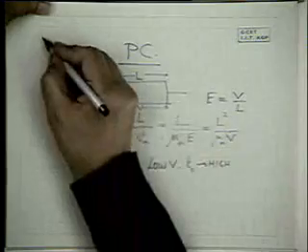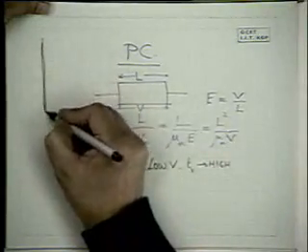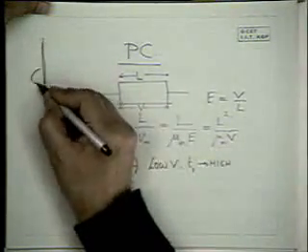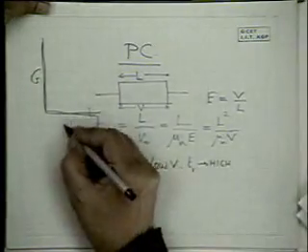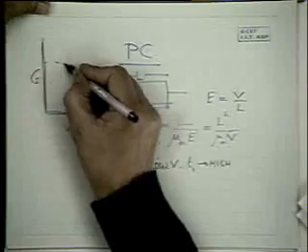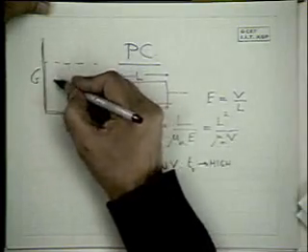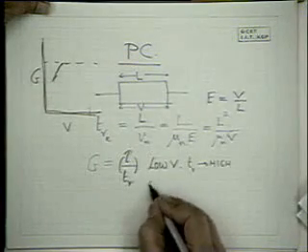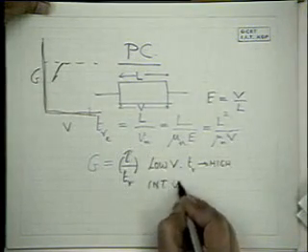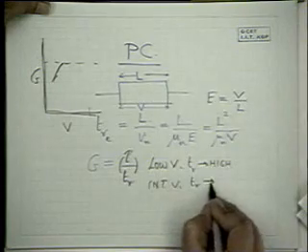As a result, if we plot gain as a function of applied voltage, at the beginning it will be less than 1. Then at intermediate values of V, TR will be reduced,